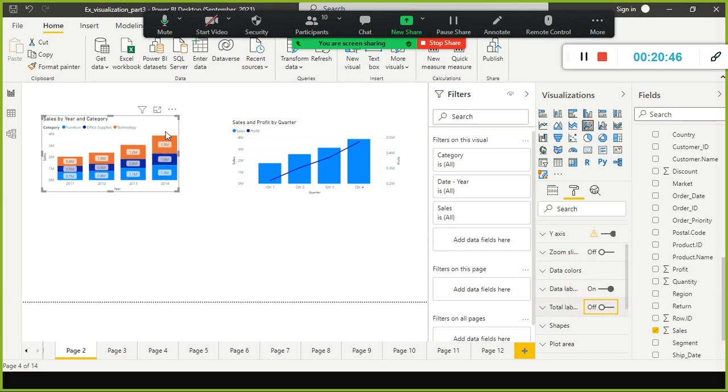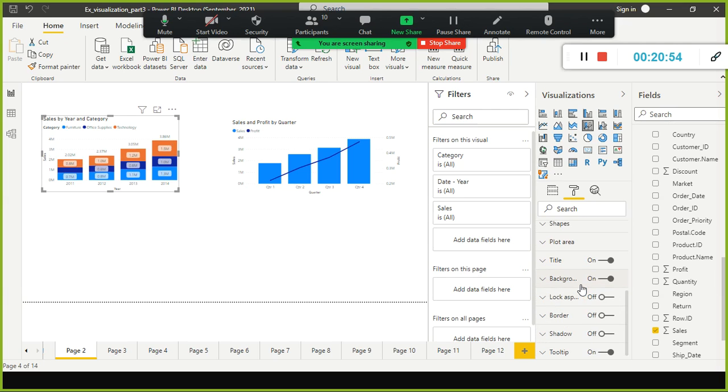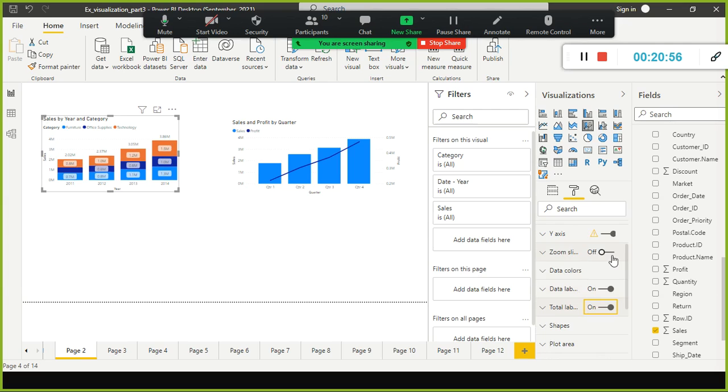Look here, the total for these is plotted on top. And we have something like zoom slicer. The slicer is also available, okay, for the year, right? Select the years, you can do it, but usually we don't use this slicer.